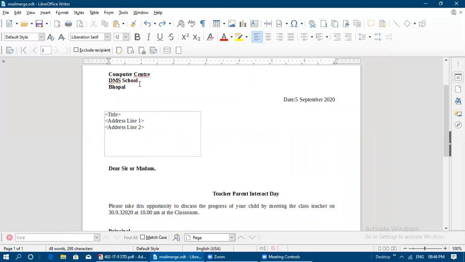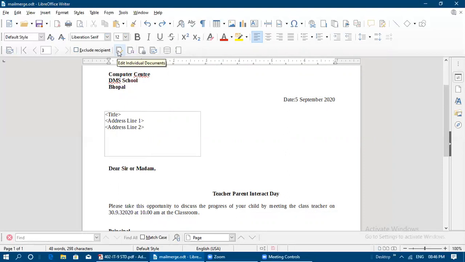After clicking on finish, it will be showing like this. See at the standard toolbar, below the formatting toolbar, some icons are displayed after closing that mail merge data source.